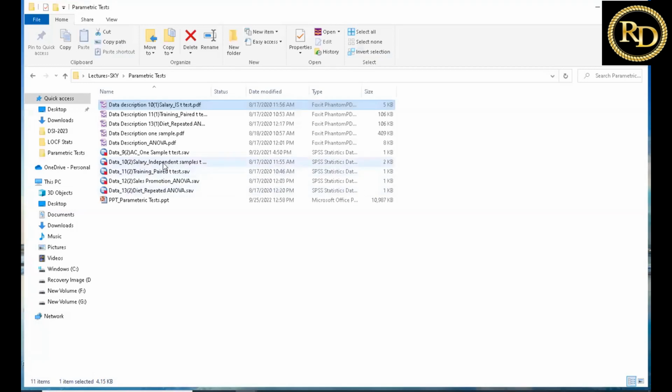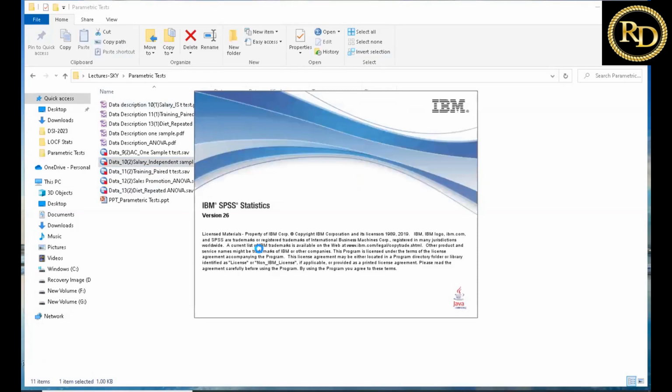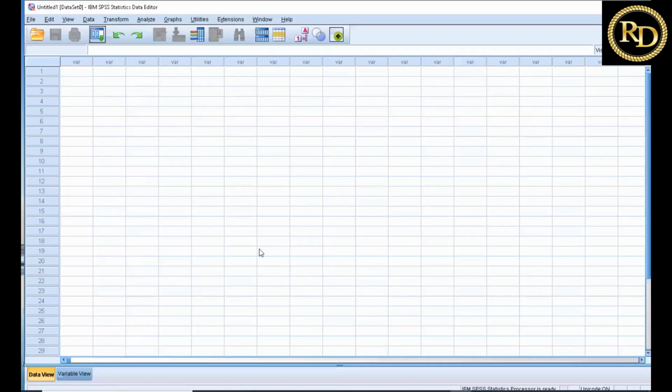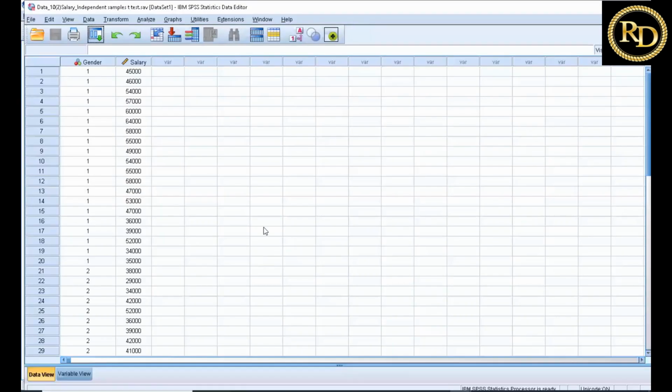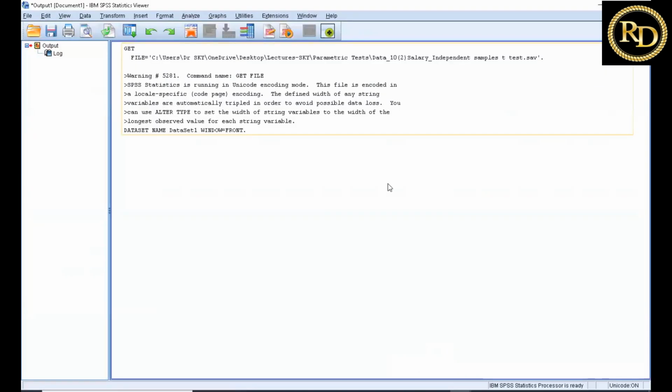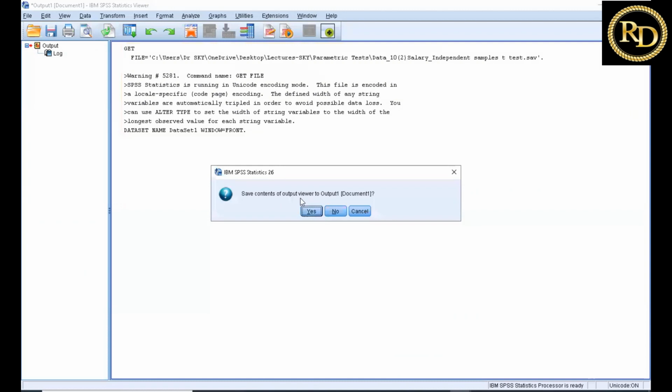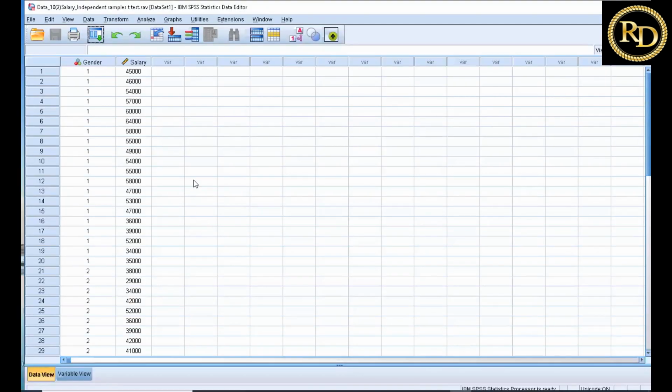So let me open the data in SPSS. Okay, so you can see this data is opened here. We have coded gender as the grouping variable, and these are the salaries of different persons. Here you can see that 1 is coded for male and 2 is for